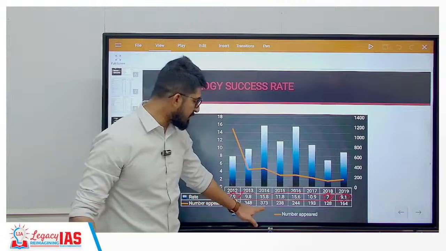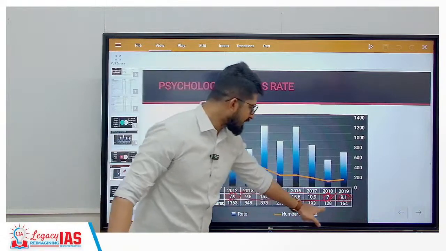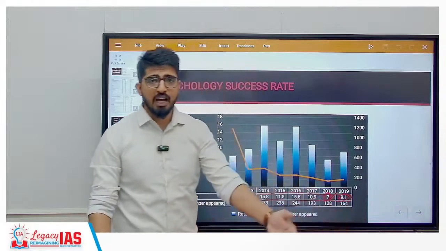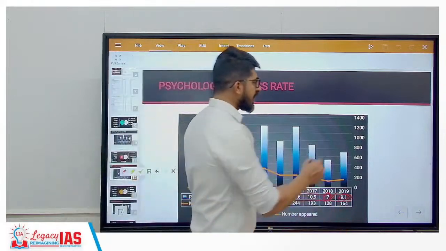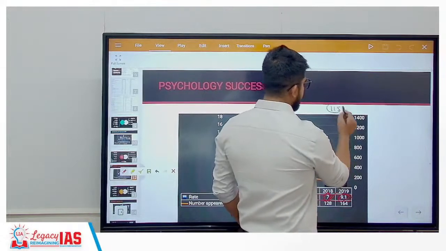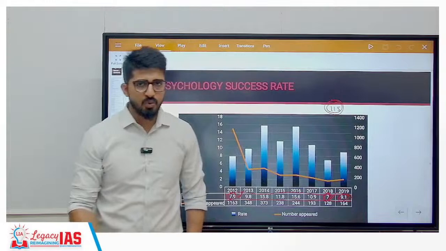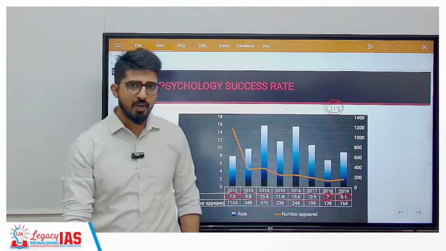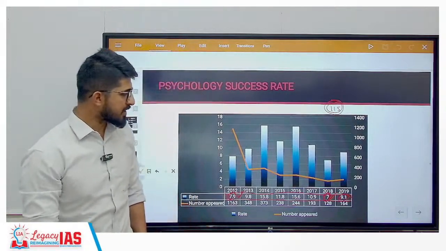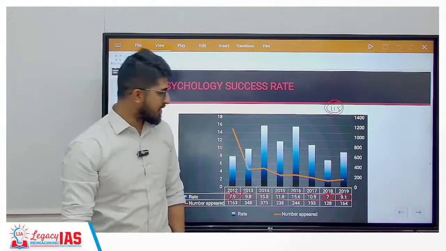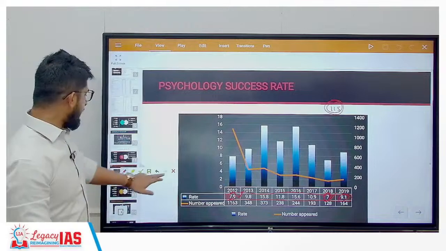Later on, look at the number of people choosing an optional. It has drastically fallen. It is 164. Last year, probably it was 112, 115, I guess. Only 150 people had chosen this as an optional in the main examination. Who took the main examination? Only 115 people were writing psychology as an optional. So competition is lesser. Success rate is like this. And next,